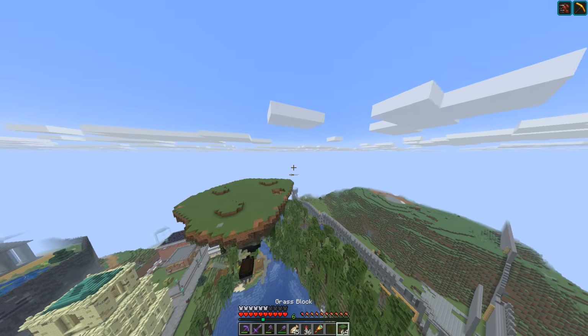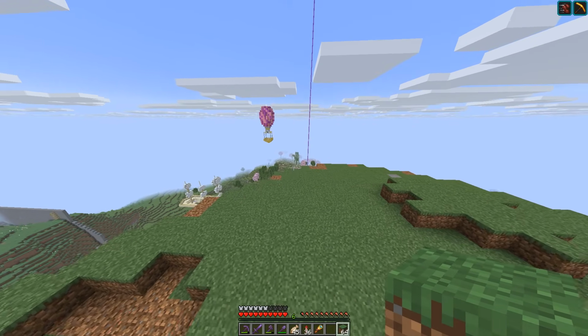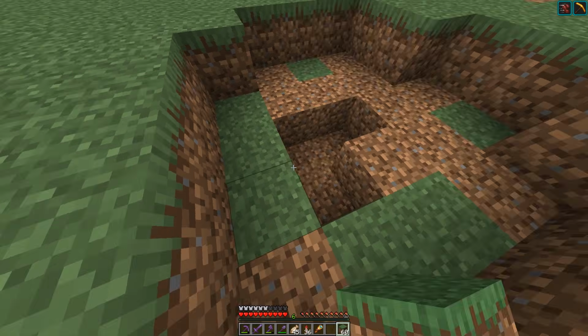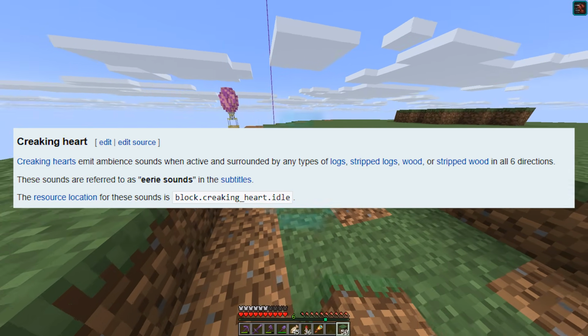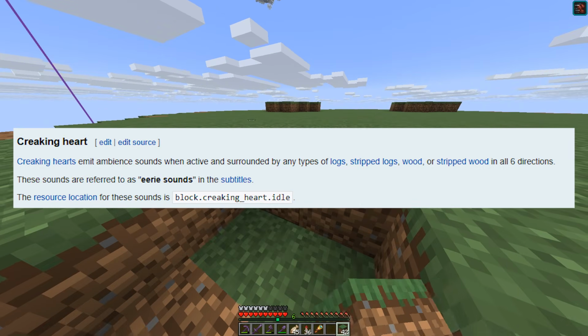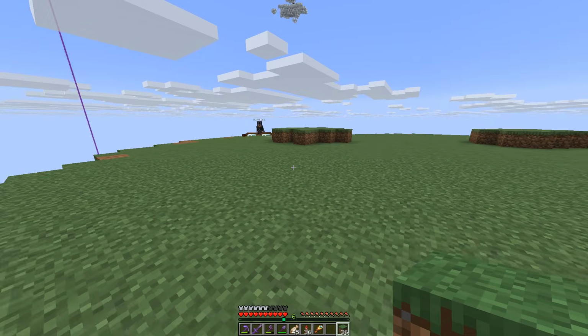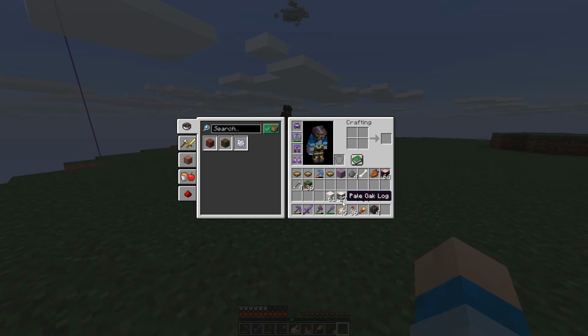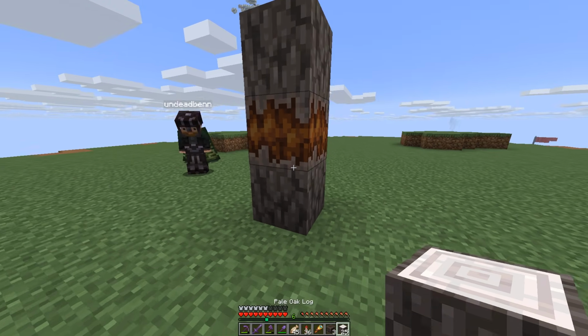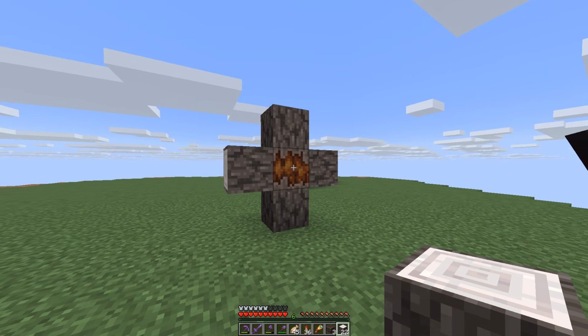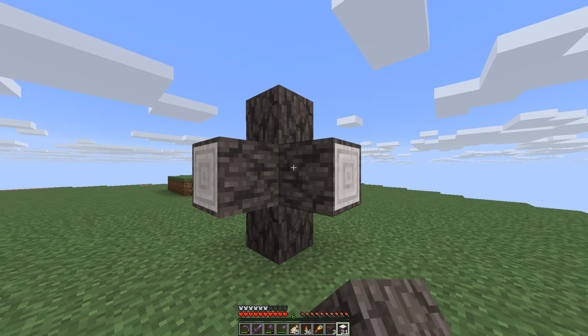You know how if you put wood on the top and bottom of a creaking heart, then it can spawn a creaking at night? Yeah. If you surround the entire creaking heart, not just on the top and bottom, but in all directions, it makes a special ambient noise. See, I was thinking that I was getting that in my backrooms area, but it was just sand. If you put it on all sides of the creaking heart in the middle,